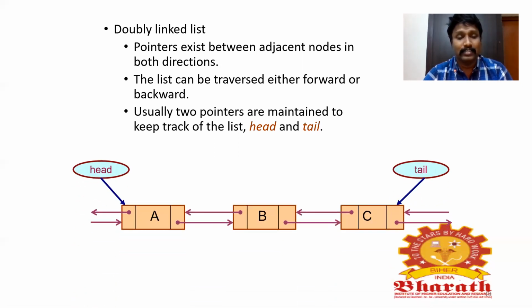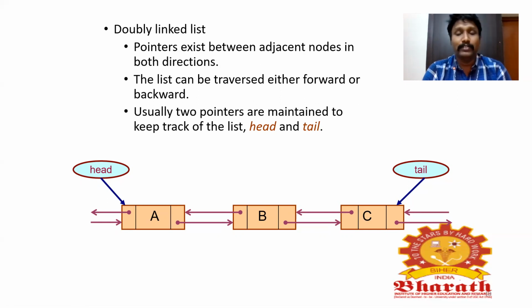So we'll see that. Here, this is a doubly linked list. The starting of the list is said to be the head. The end of the list is said to be the tail. As you can see, there are two ways of traversal: a forward traversal and a backward traversal. As well as that, in a single node there are two different pointers, a right side pointer and a left side pointer. That is the huge difference between a singly linked list and a doubly linked list.